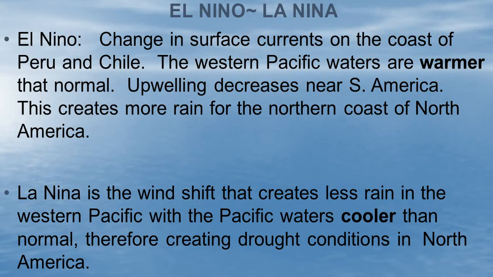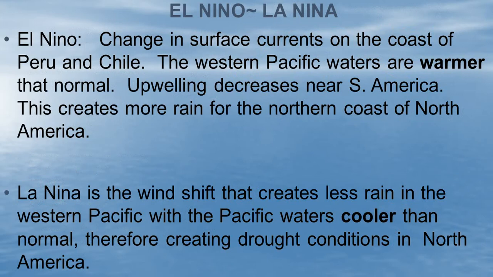An interesting note here is, why is it called El Nino? It turns out that the Spanish-speaking people in the Southern Hemisphere noticed this and made the correlation of this warm water around Christmas time. So El Nino actually refers to the boy, the little boy, the baby boy, namely baby Jesus. So that's why it's called El Nino.